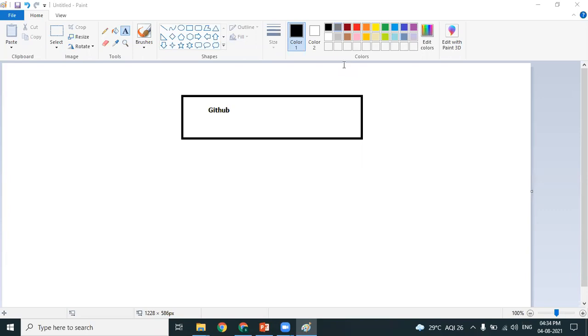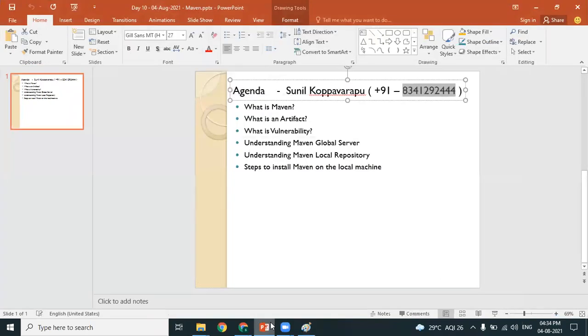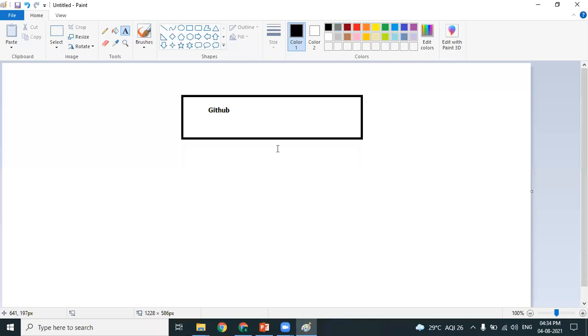So that's the first part. Next we are moving on to the next tool of DevOps, which is called Maven. Maven is a build tool. So what is Maven? Once the source code is uploaded into the GitHub repository, what is generally the next step? That's called Maven, where we build artifacts. So we will be jumping on to the next tool, Maven. This is our plan for today's session.